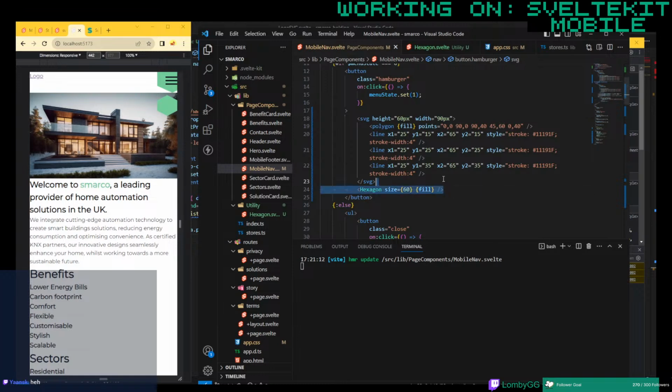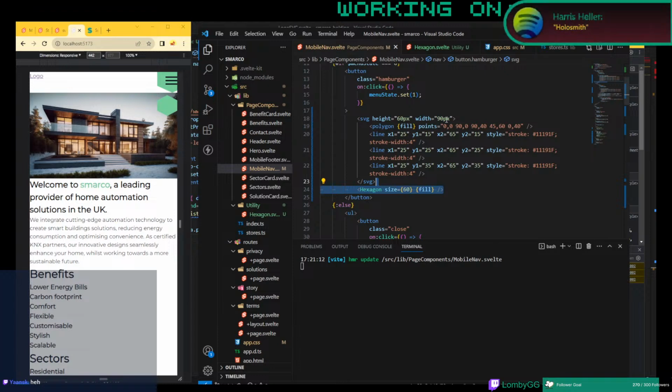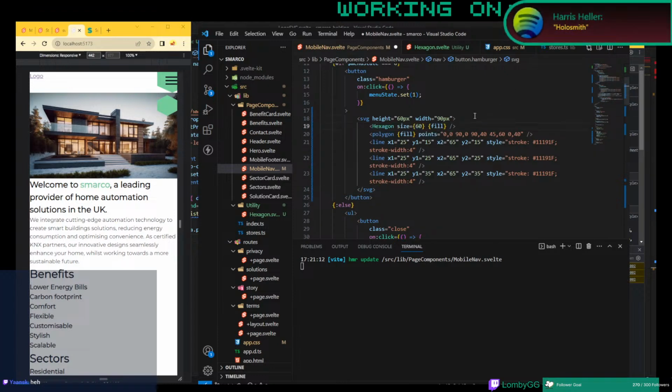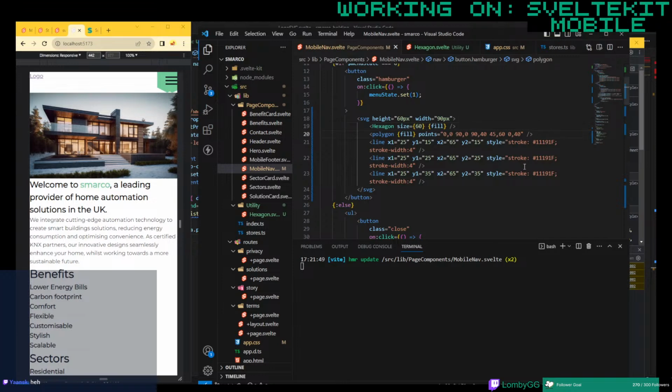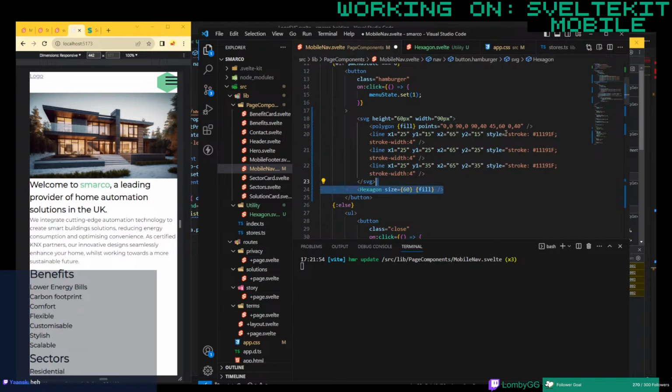You can't nest SVGs inside SVGs, can you? Let's see if I can do that. Oh, it does. It lets us just do that. Huh, okay. But yeah, we're going to leave it just on the outside for the moment,